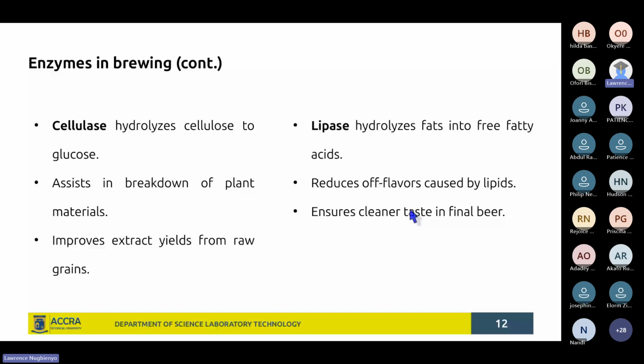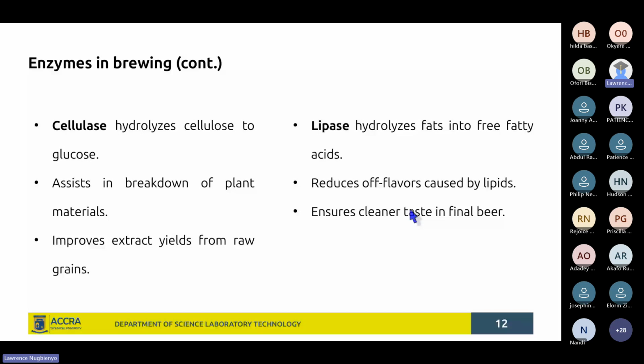Lipases are also used here, to break down fats into free fatty acids. So here too, you want to think of the fact that when we were looking at factors that affect enzyme activity, we looked at concentration of enzymes, concentration of substrates, in addition to temperature, pH, all of that being controlled. And here you need to take note of the fact that the amount of enzyme, say the lipases, which is being introduced here, also has to be optimized